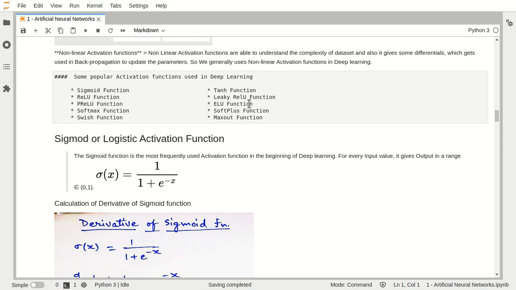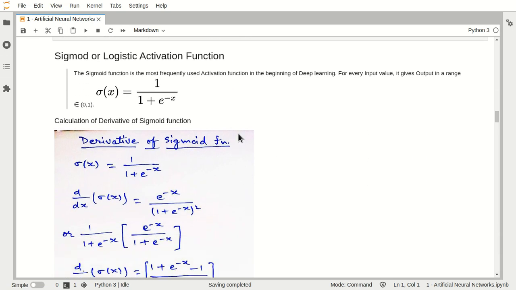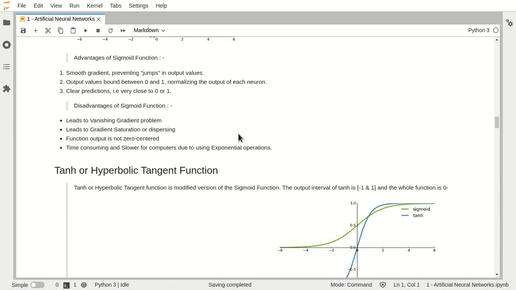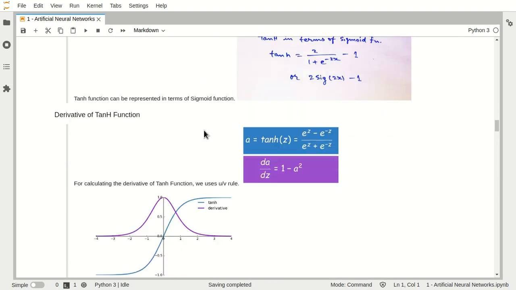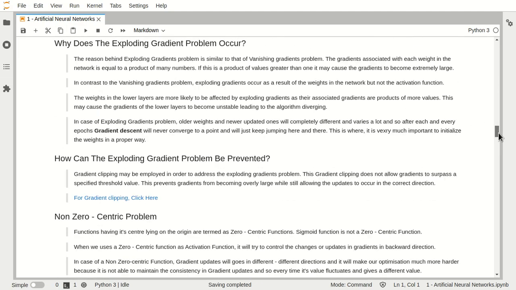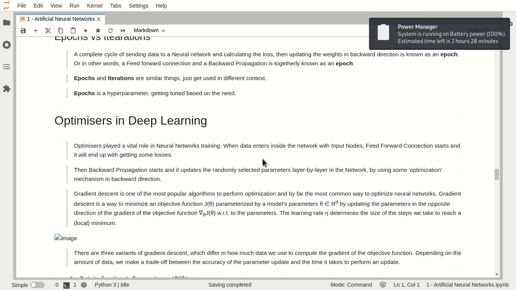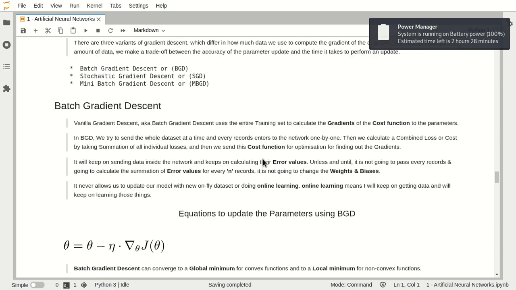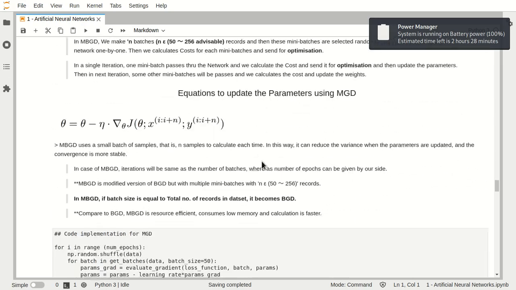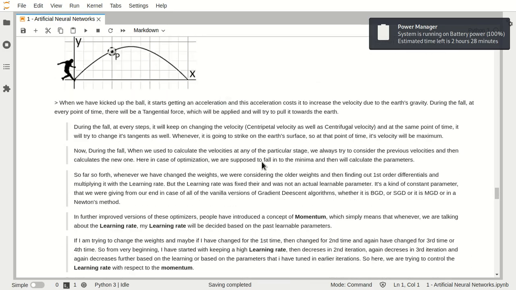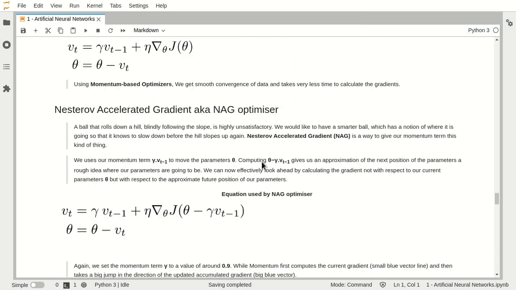People are always going to ask some questions from this topic, maybe from back propagation, maybe from feed forward connection, maybe anything inside the CNN. It's very important. So I will discuss activation functions, then I will come to loss functions, and then again we have too many things, guys, like the optimizers: SGD, BGD, MBGD, Adam, AdaGrad, AdaDelta, NAG, Newton's method, momentum, lots of things we have to discuss here.